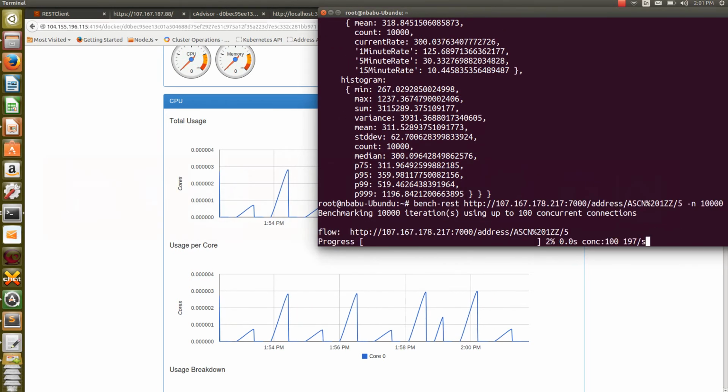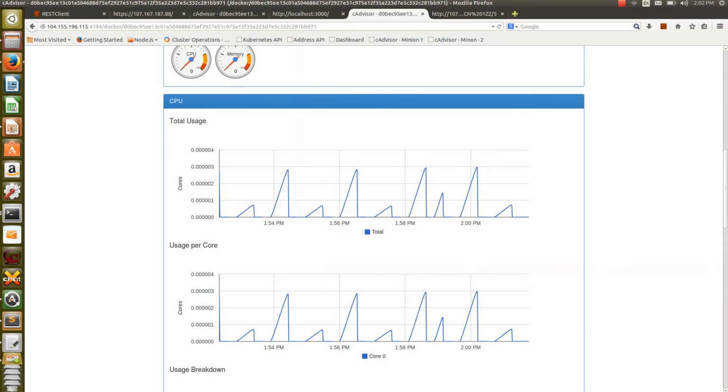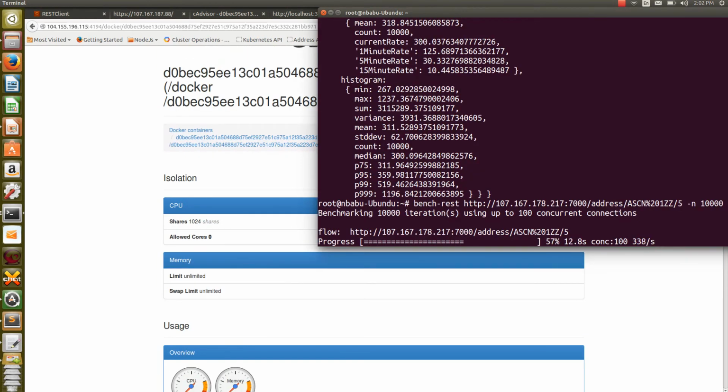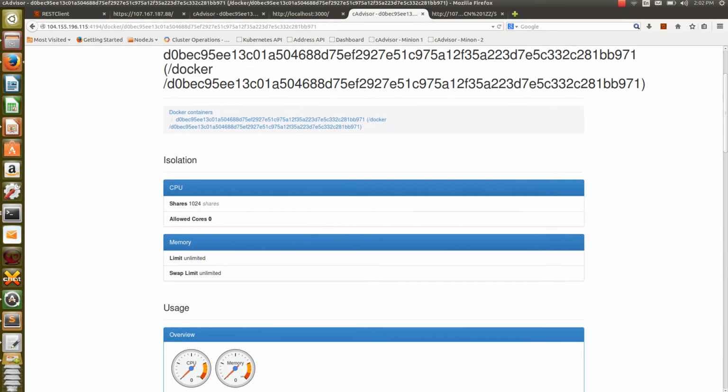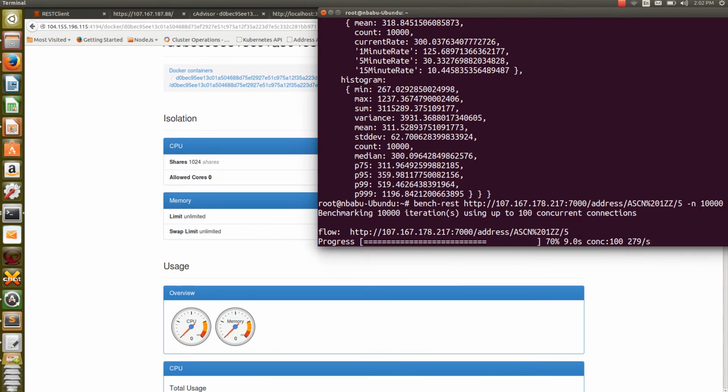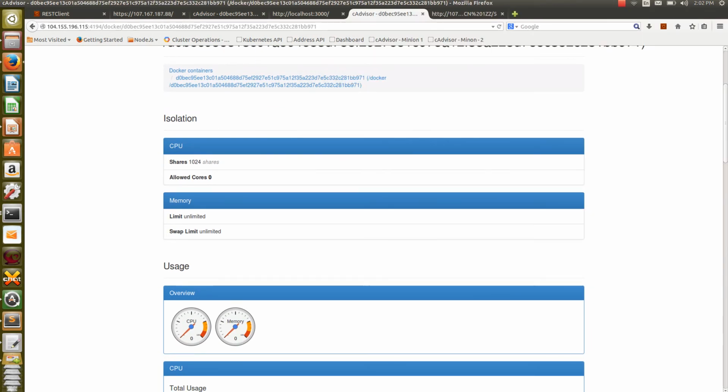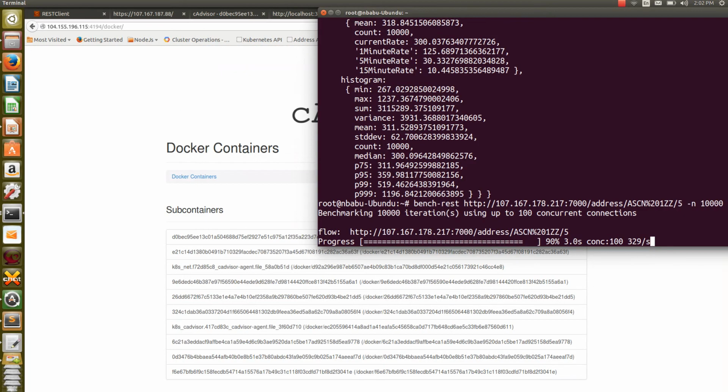Again raising the calls. Let's see whether the call is coming to the particular container or not. It may not happen in the one we are watching, because there are 25 of them, and how the load is shared matters. But let's see, we will try it. Any spikes may happen in the particular container. In the meantime, we can go to the other containers and see whether the call is coming to them or not.